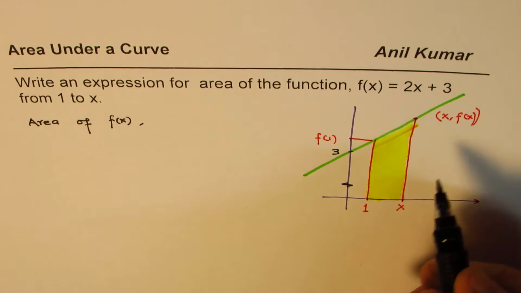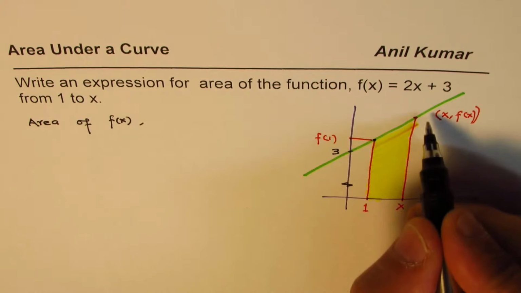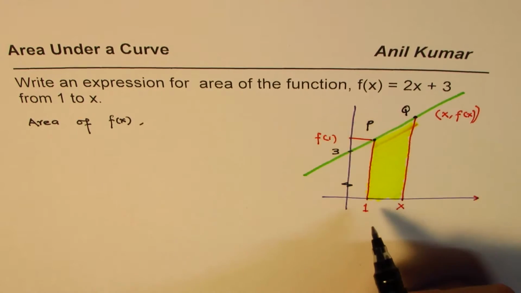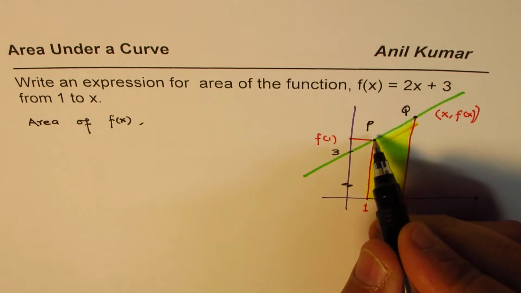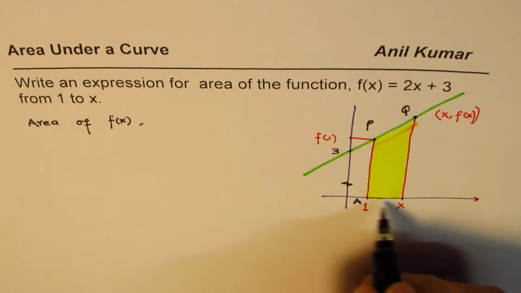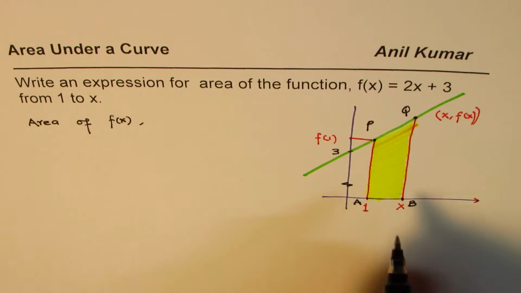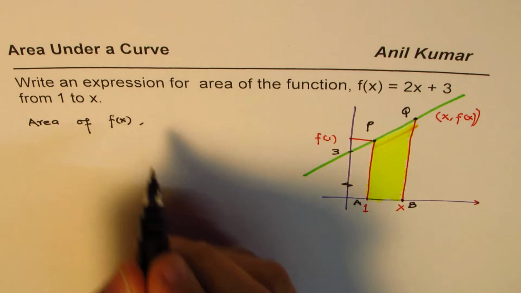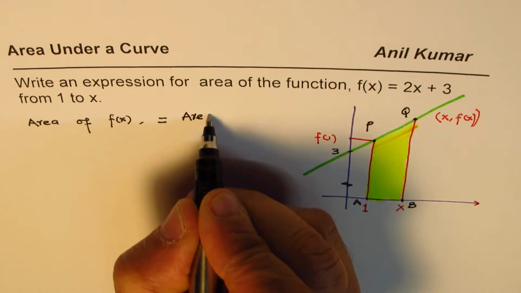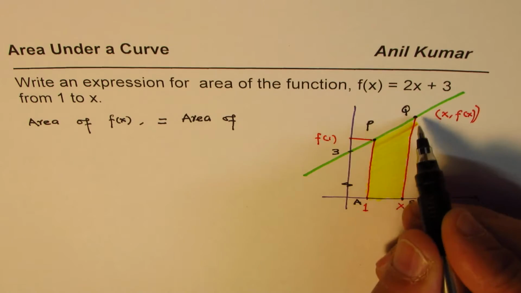So we can say the area of the trapezoid is, let's call these points P and Q, and let us say that these points have corresponding values here as A and B. Let me write them as A and B, right? So we have a trapezoid here, so area of the function is equal to the area of trapezoid, which is, we can say APQB,